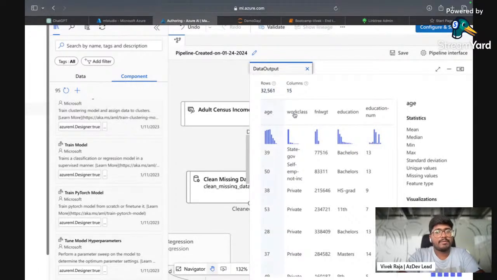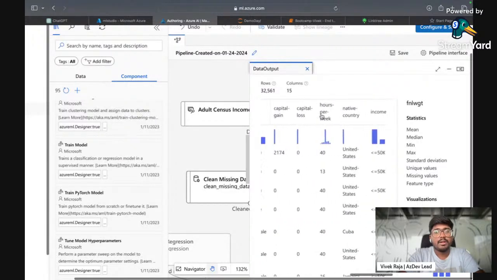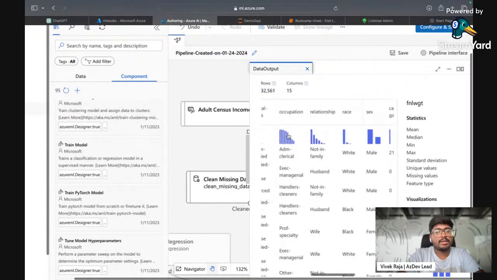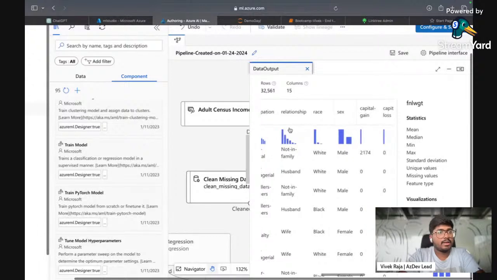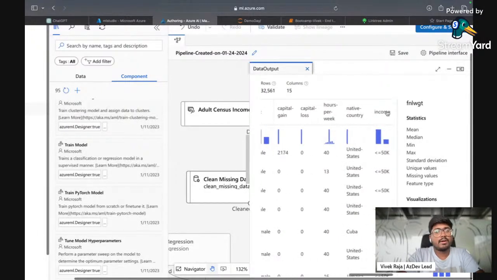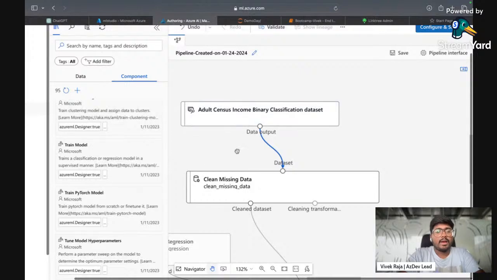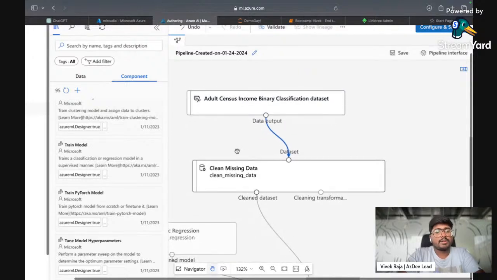It has different columns such as age, work class, how many hours they work, and so on. It's going to show us whether the person falls under less than 50K dollar income or more than that. And income is what we're going to predict. If we give all these details, we're going to predict whether the income is going to be less than 50K or more than that.